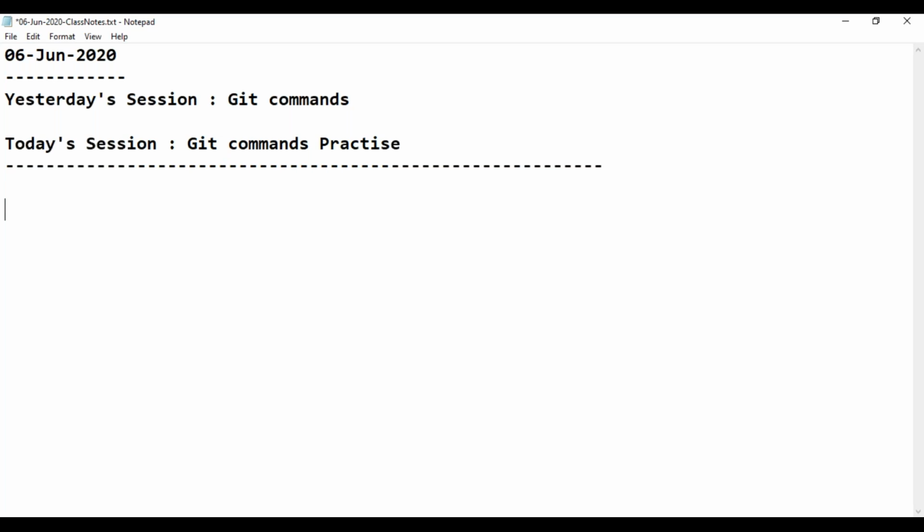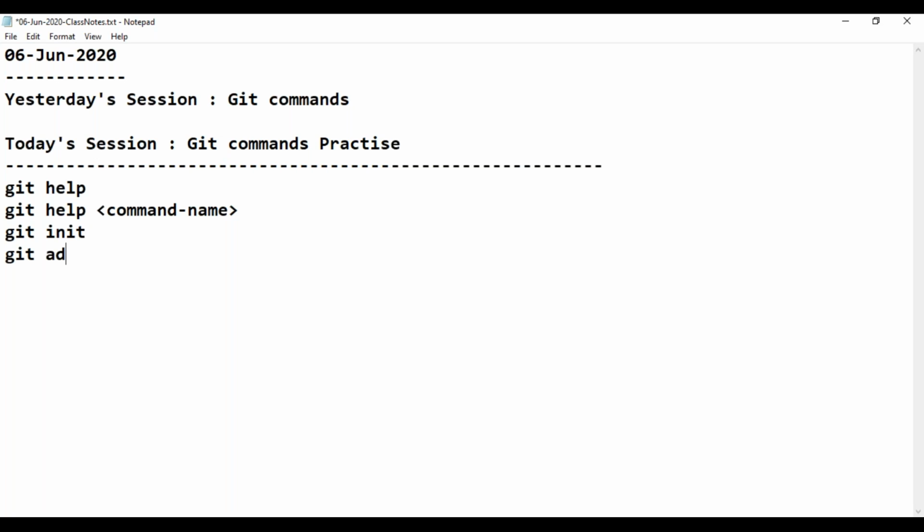Right. So in the last session, we discussed a few commands from Git Bash. One is the help command. What is the purpose of the help command? To get frequently used commands from Git Bash. If you want information related to a particular command, you can use git help command name, and you will get documentation for that command. Then we saw the git init command, which is used to initialize a folder as a repository or reinitialize an existing folder.